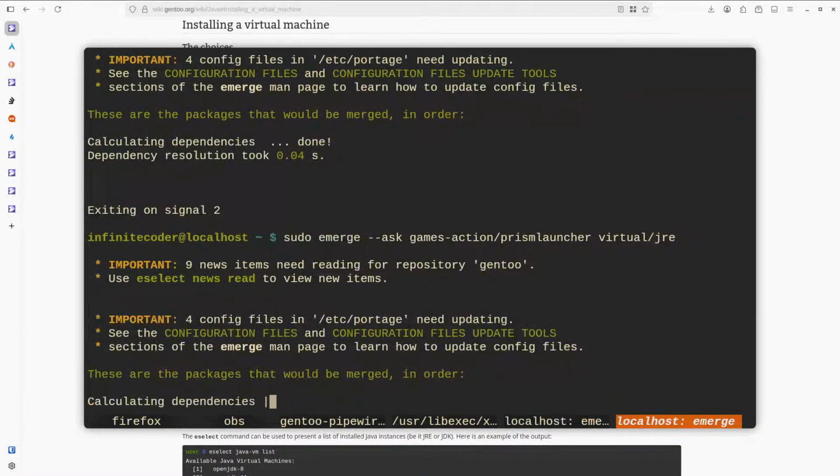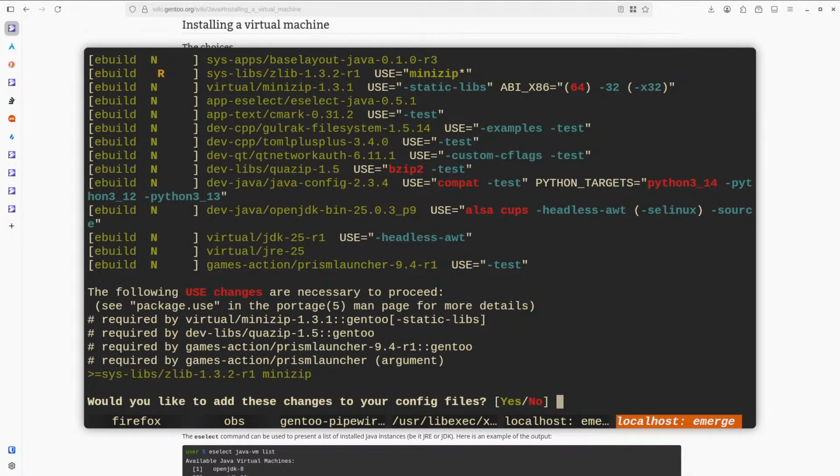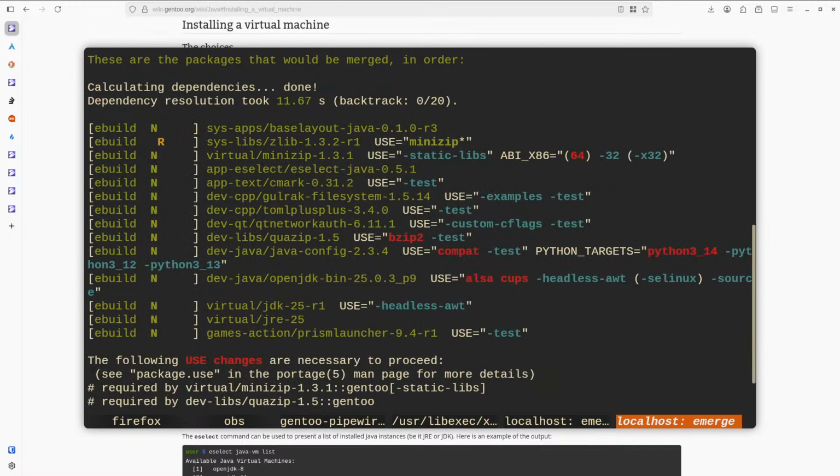430. Whoa. We're running fast. Mesa is compiling quickly. Okay, so what do we have? Probably a lot. I mean, not that much. So base layout Java. I wonder what that is.